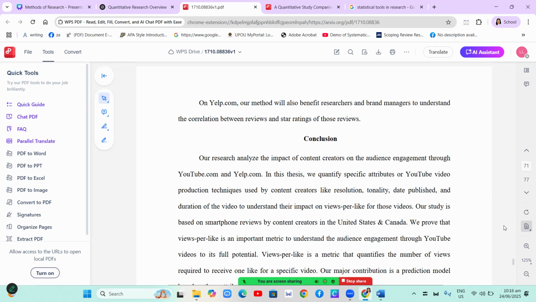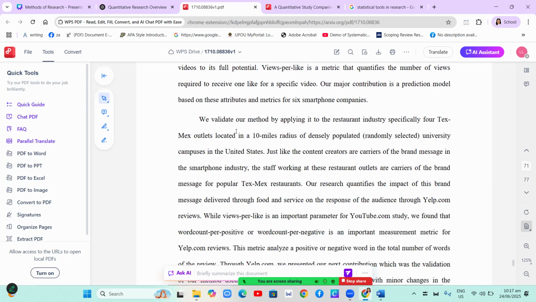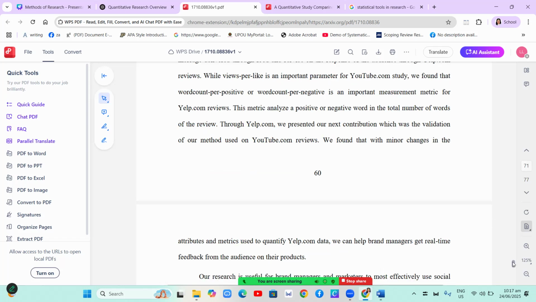Okay, so they prove that views per like is an important metric to understand audience engagement. So they validate their method by applying it to the restaurant industry. Okay. So this is the conclusion of the study.